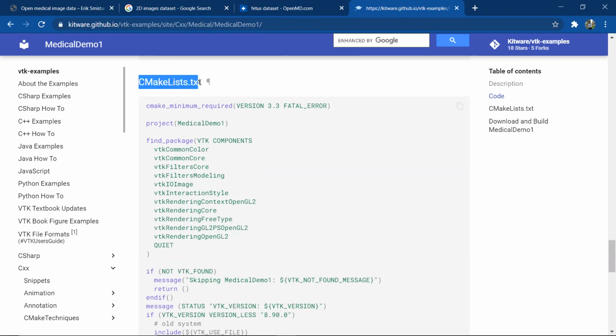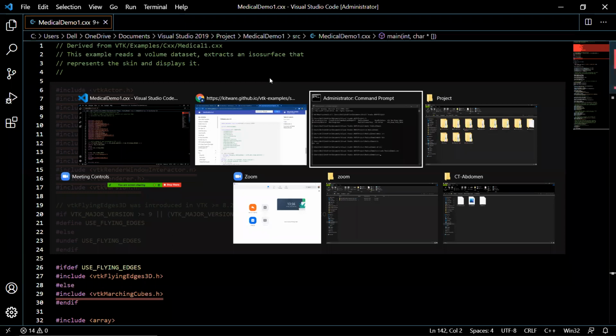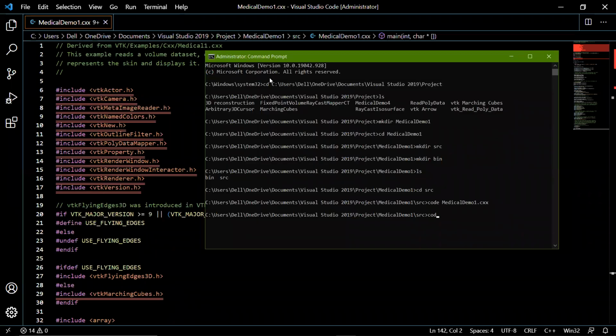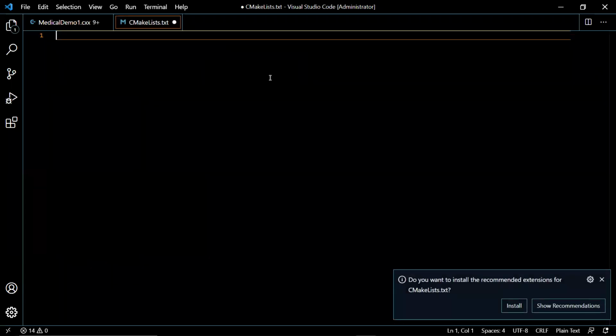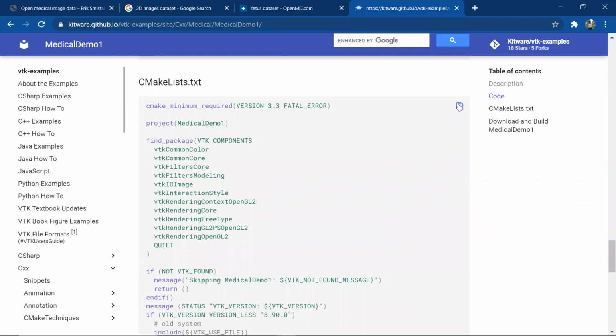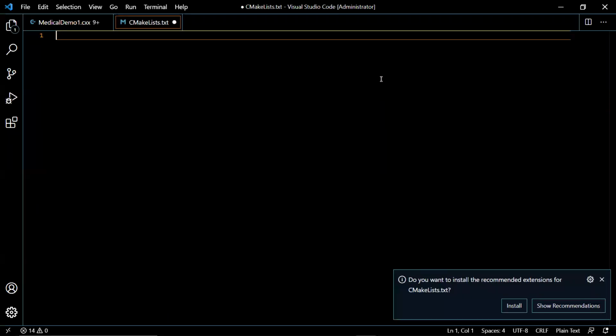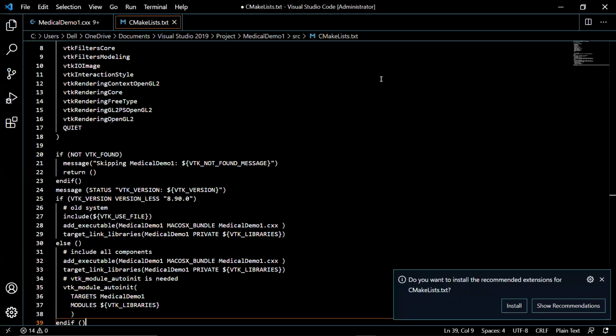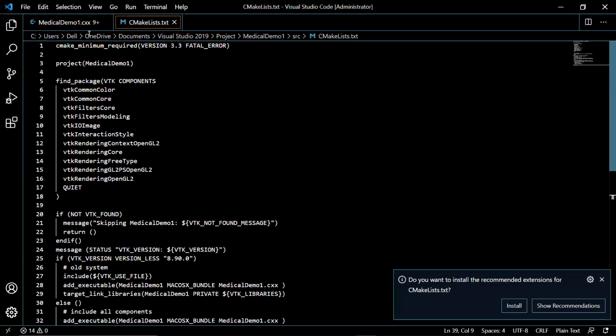We'll copy this name in the command prompt, and the file has been created. Now we need to add all the directives. Just copy them from the GitHub repository and paste them. So now our source file has been created.